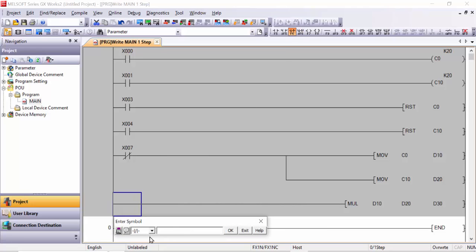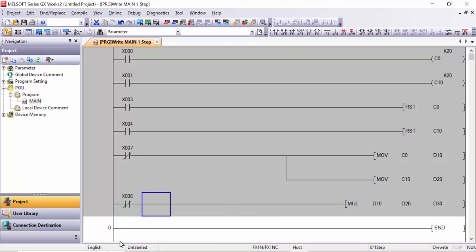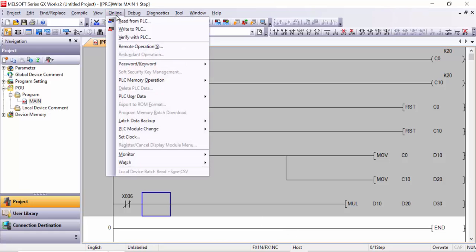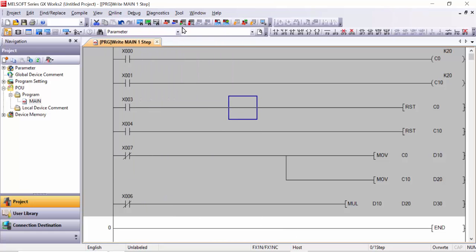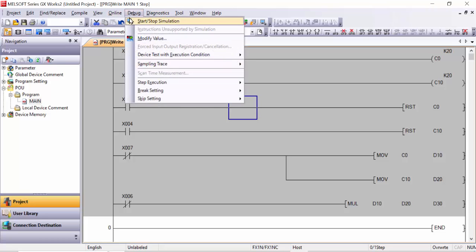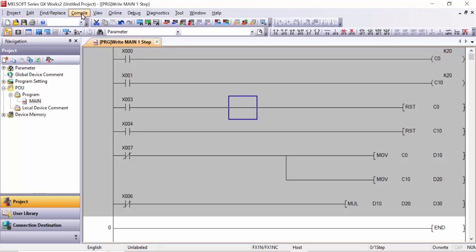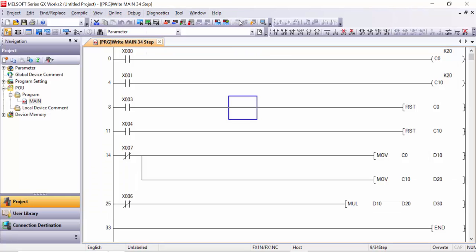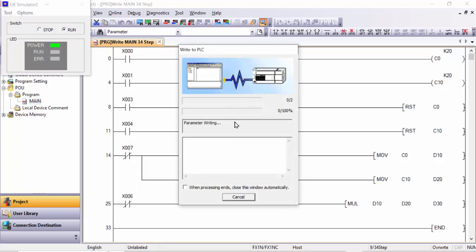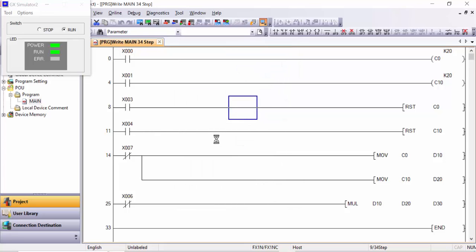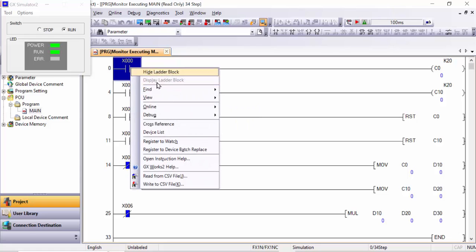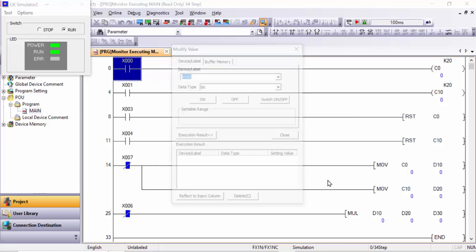any close contact of X6, for example, or you can also take an internal memory. And go to the, sorry, where is the debug? Oh, sorry, compile first, and after that you can go to the simulation and close this dialog, and you can go in debug and